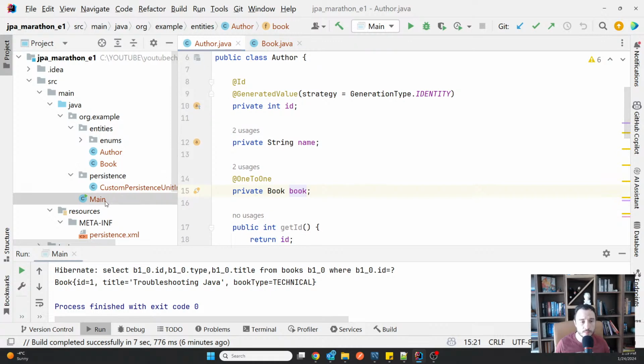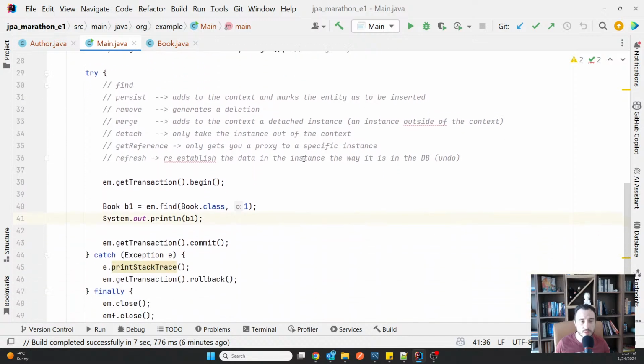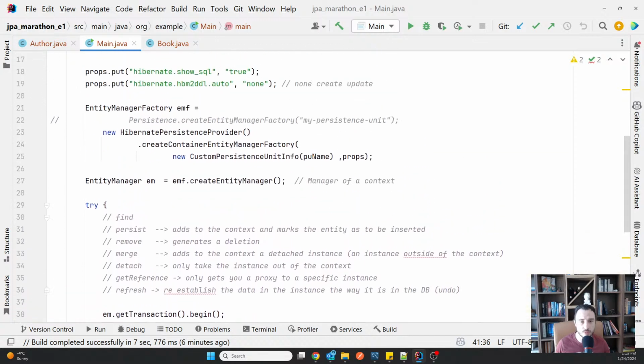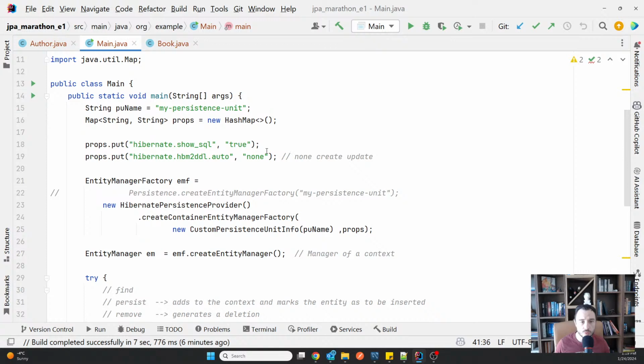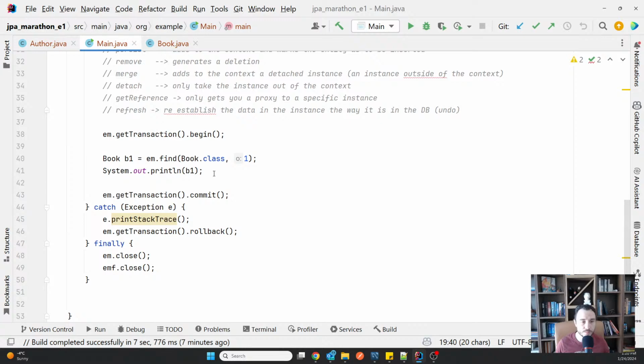And let's see what happens. So I'm gonna go to main, and I'm going to enable this, say create. Remember, we were discussing at the beginning that you can use this Hibernate hbm2ddl auto property to allow Hibernate to generate the DDL for you.